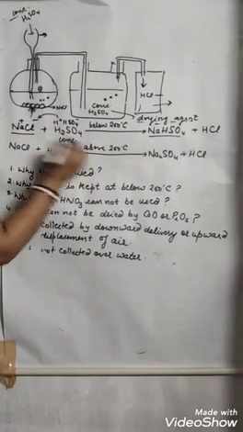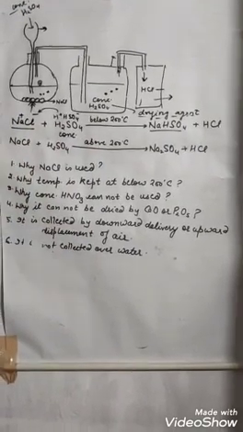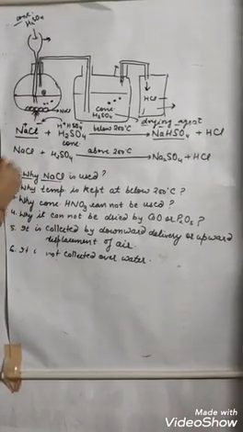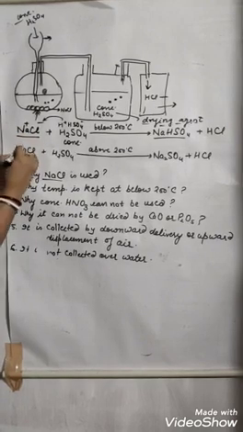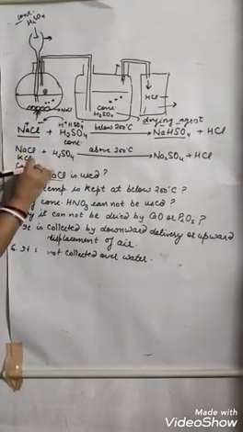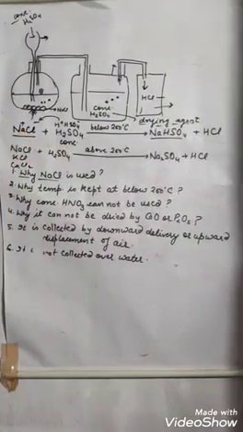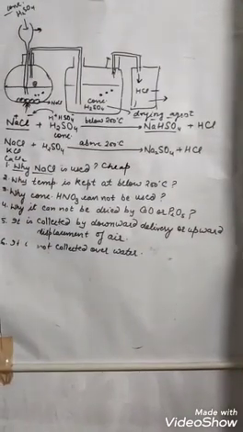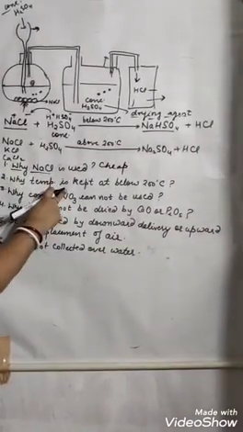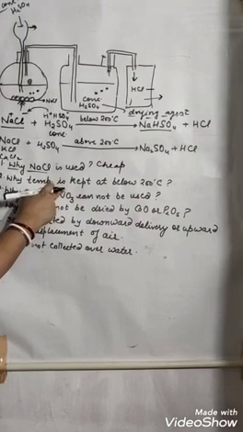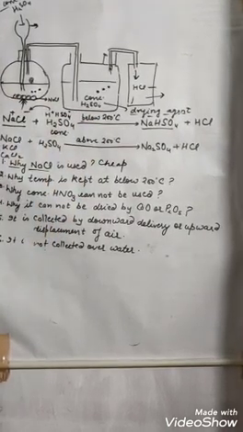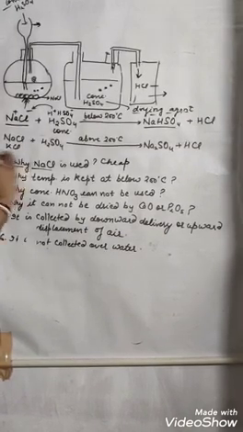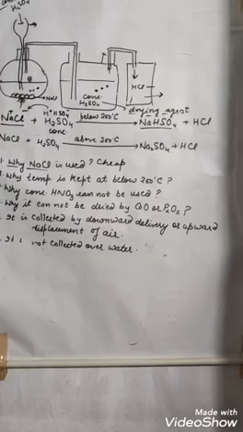Next, so many questions come from here. So what are these questions? First question: why is NaCl used in place of other chlorides? Any other metallic chloride like KCl or CaCl2 we could use, but we are not using them. Why only NaCl? Because it is cheap and easily available. Second, why is the temperature kept below 200 degrees Celsius? We cannot move it above 200 degrees Celsius. Because above 200 degrees Celsius, what is forming?